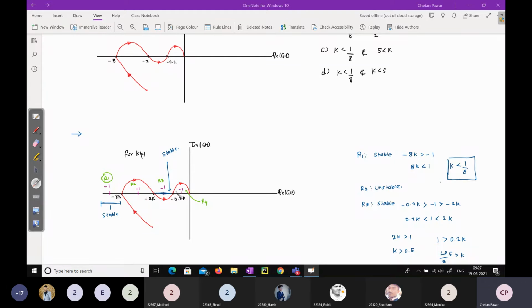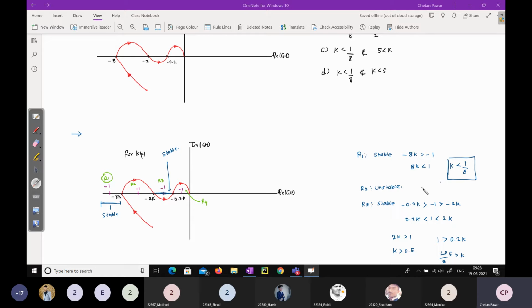Okay, so let us see the third region. If you start walking over this polar plot, at this point the -1 point will be on the left hand side of you, so this will be the stable region. You just assume that you are walking over this polar plot and check on which side that point is. In this region, it is not enclosing the -1 point, so this is also a stable region. In the fourth region, the -1 point will be on the right hand side of you, so this will be the unstable region. So we got two regions, R1 and R3, which are stable regions.